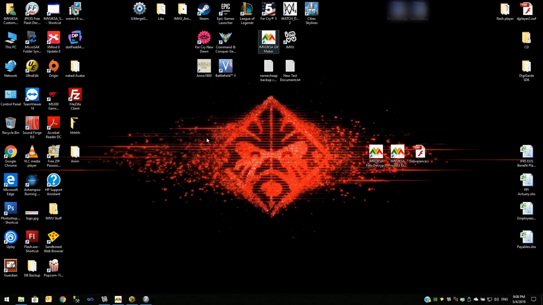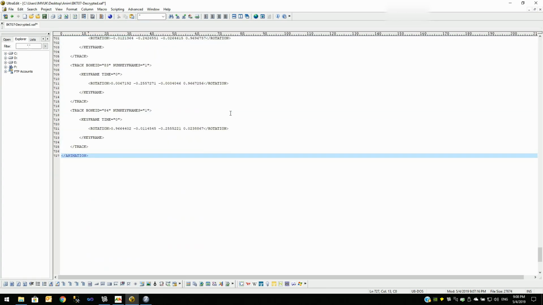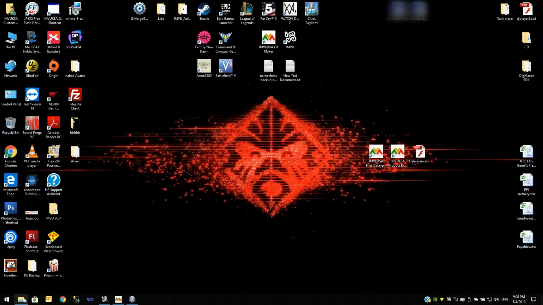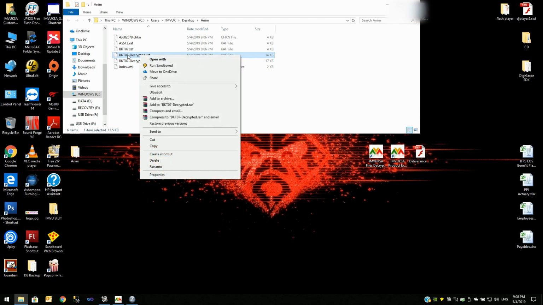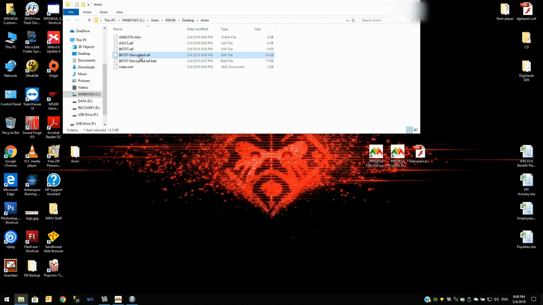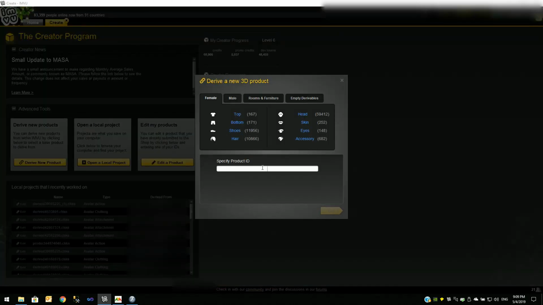So what I will do, I will select our file, and I will just paste, replacing the code, and I will press save. So now our file has the new pose. What I will do is import it into IMVU. So in IMVU, derive new product, I will pick 191, which is the male avatar, IMVU avatar,